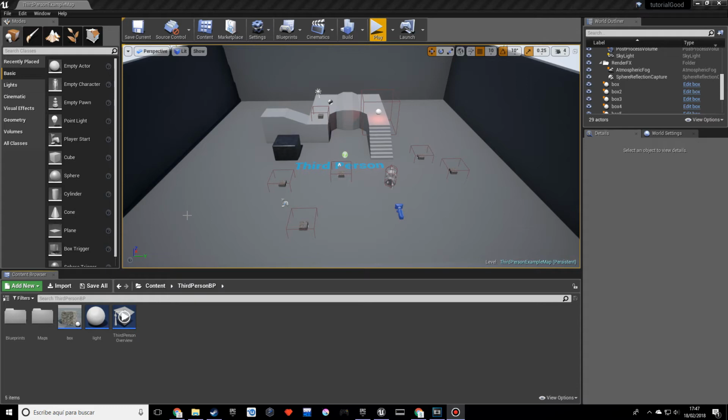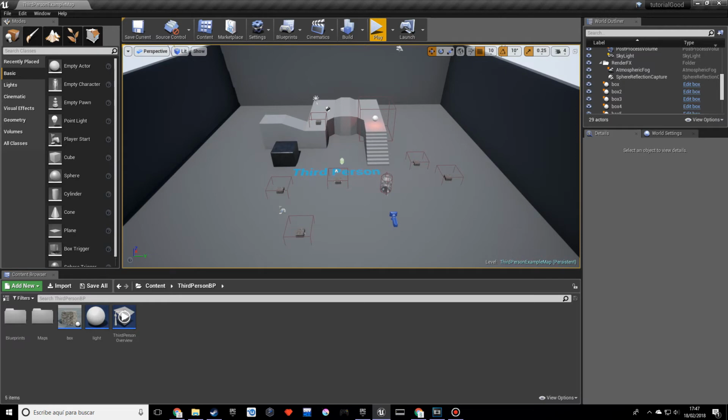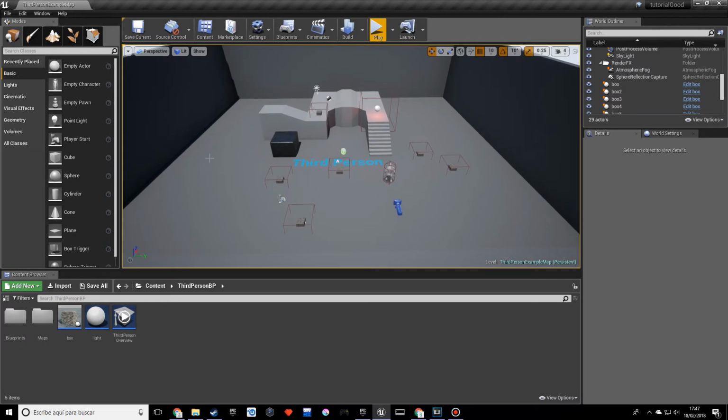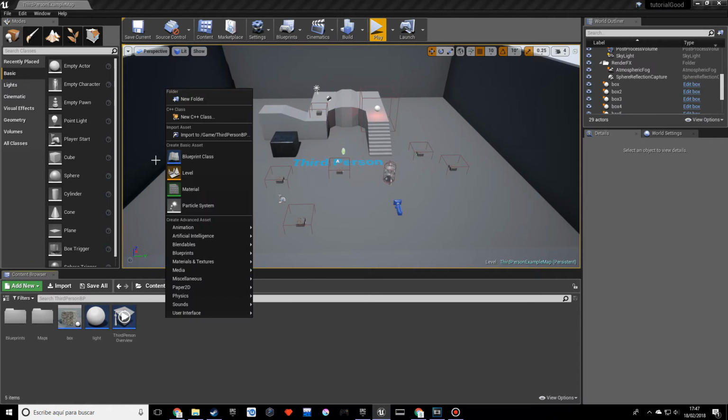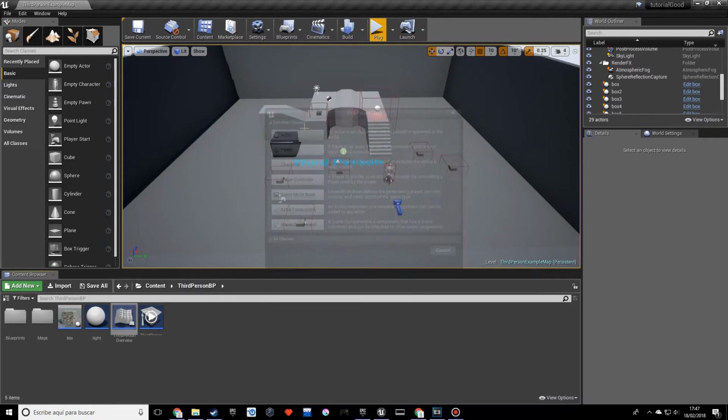Since we already worked a lot with materials in the previous video, I thought that we should keep going with actual blueprints, with coding. So I thought that we would do something pretty cool. It might take more than one episode though, but it will pretty much be a system for placing a cube or something somewhere in the map, and being able to detonate it from a distance, sort of like a C4. So before we do anything, first of all, let's create an actor, and it's going to be called